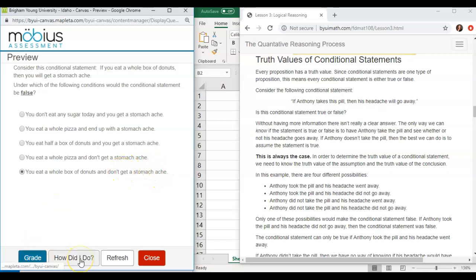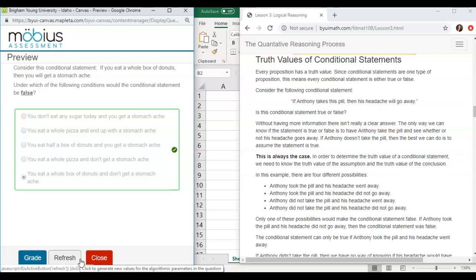And we can check this one. If you don't have that option on yours, you can go ahead and press grade or submit and then go back in, since you have unlimited access to the review, and see if you have a green check mark.